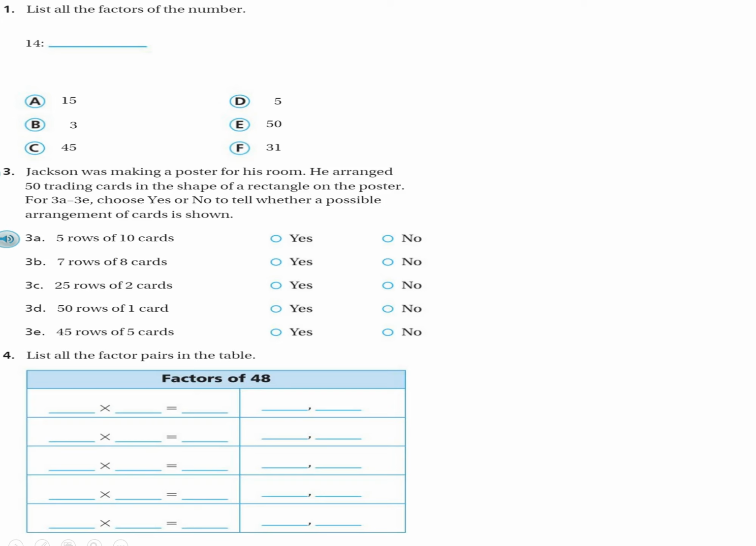Math time. All right, we are on the Chapter 5 test review. Real quick, I just want to touch on number 2 right here. I don't know why it's not showing on the digital version. I believe it shows it in your math books at home, but what we're supposed to be doing is selecting